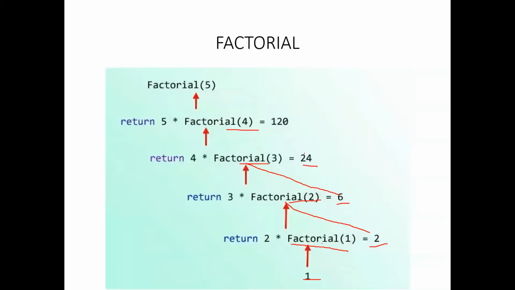And now this value of 24 will be substituted here in 5 into factorial of 4. That is, instead of factorial of 4, we will be replacing it with 24. It is 5 into 24, it is 120. Got it? And now the value of 120, which is nothing but the result of factorial of 5, will be returned, or it will be printed as a result onto the display, or it will be returned back to the main. So this way, we are making a recursive call first, like factorial of 5, we'll be calling factorial of 4, then it will be calling 3, factorial of 2, factorial of 1.